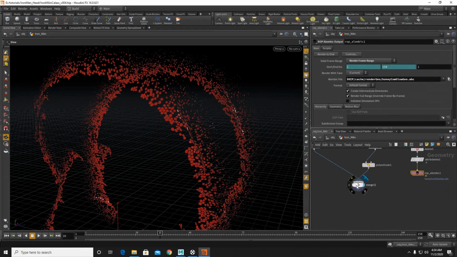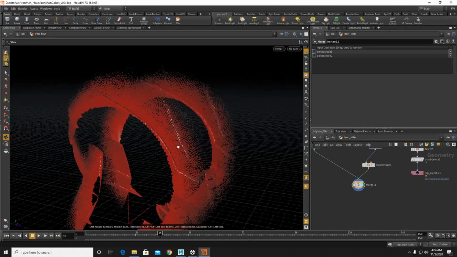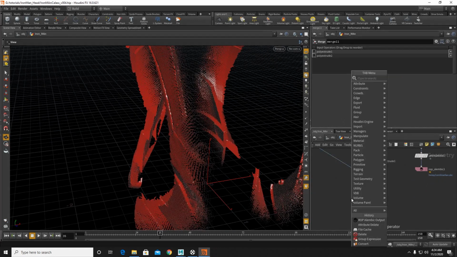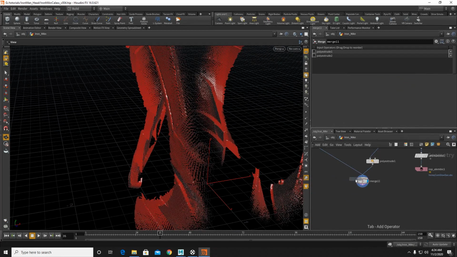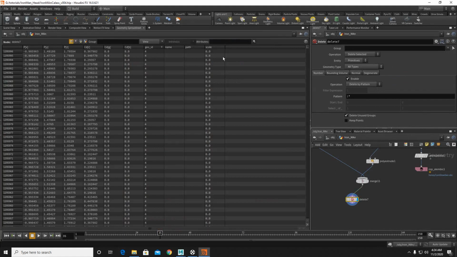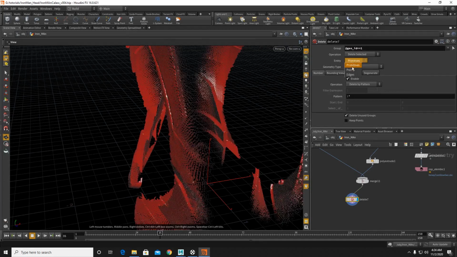Now before caching this, I will extract the yellow part, the red shell part and the belt. So for that I will use delete node, and I will use the same attribute name, that is geo ID. So I will use @geo_id equal to 1, and as it is on point, so I will